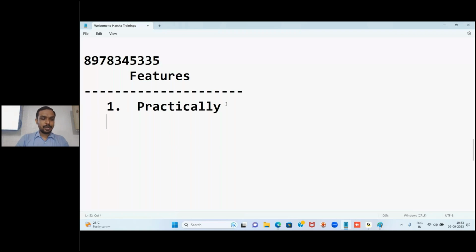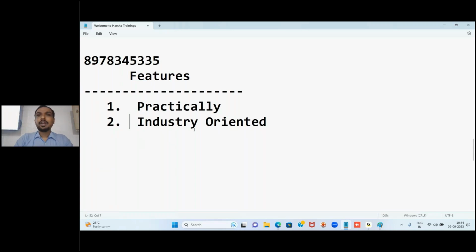Next is a very important thing. The course whatever you are learning here is at par with the industry standards, or I can say it is an industry oriented course. Here, guys, I told you, right, my name is Keshav and I am into full stack development. Here I will be taking care of all the front end, back end, and the database.